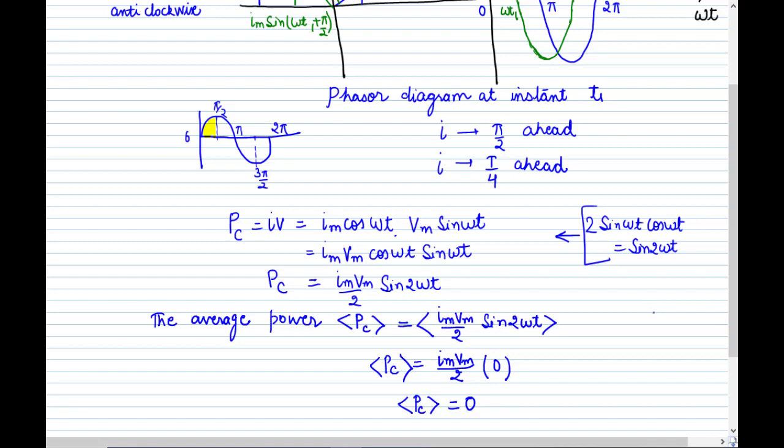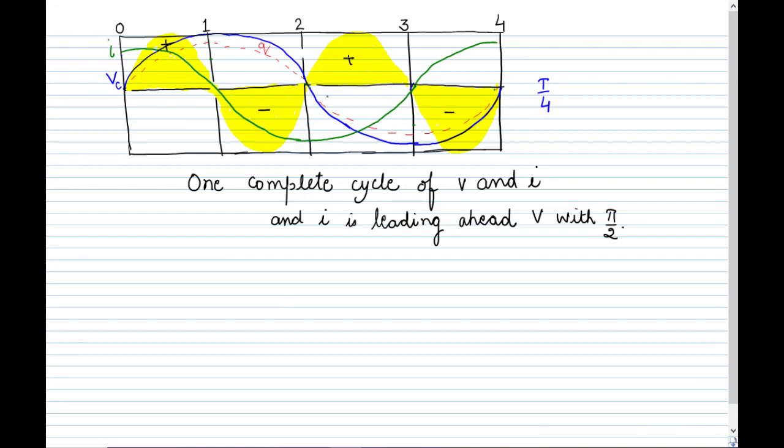So similarly, we can draw a complete cycle of voltage and current where I is leading V. So just to draw the complete cycle, we have to do it like this. Here we have drawn a complete cycle of voltage and current where I is leading the voltage. In the blue color, you can see the voltage: at 0 it goes to maximum, then becomes minimum, maximum negative, and then again 0. So that is a complete cycle of voltage corresponding to the capacitor.